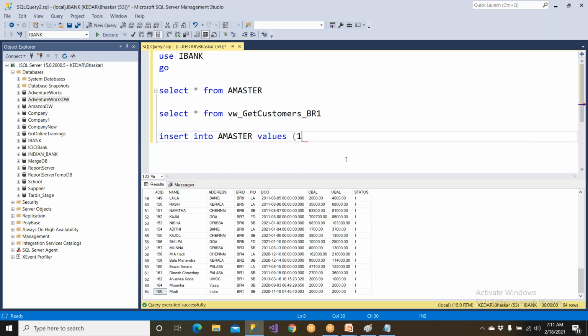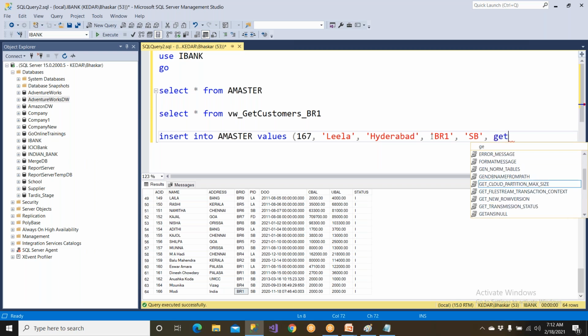Let me give the next record, 167, comma, Leela. She is a new customer, and she is from, let us say, Hyderabad, my city. She is opening a bank account in branch BR1, and she wanted to open a savings bank account, and she's opening